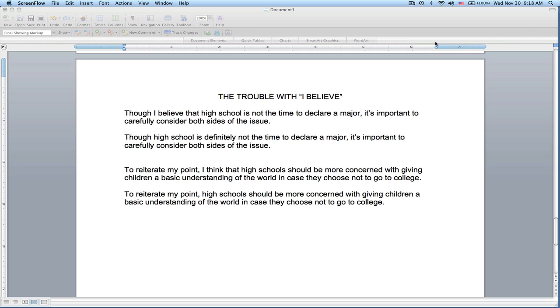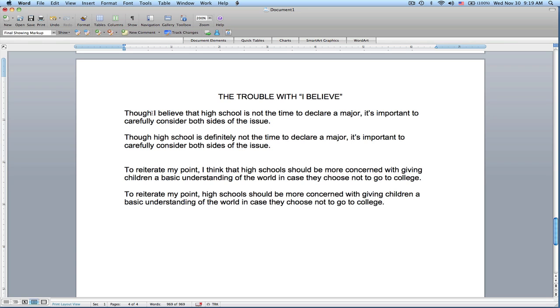So I'm giving you just two examples here. So here is one student sentence. Though I believe that high school is not the time to declare a major, it's important to carefully consider both sides of the issue. So there's nothing technically wrong with this, and maybe if you say it once in your essay, it's fine. But